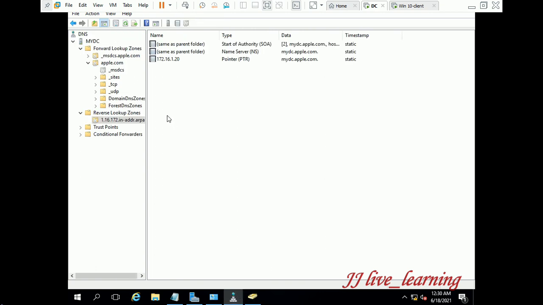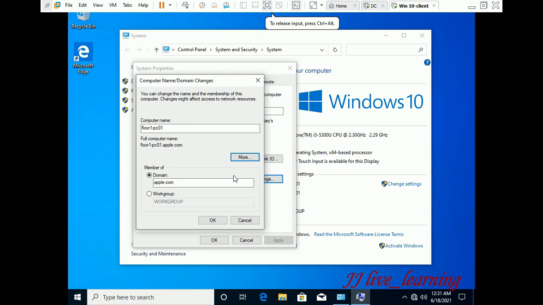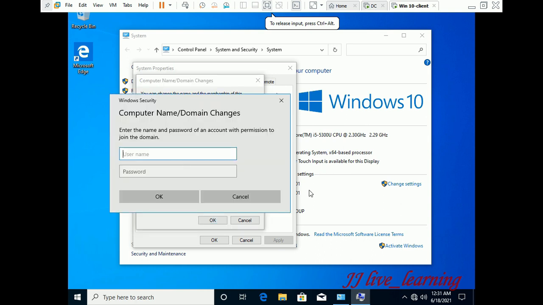In your DNS, no resource record will be updated. That is, the client resource record will not be updated on your server's DNS. Once you make the client, by getting the credentials, we have to give the server authentication.